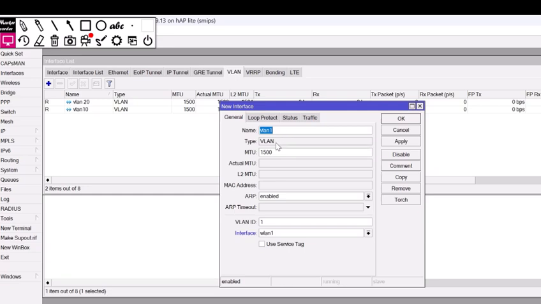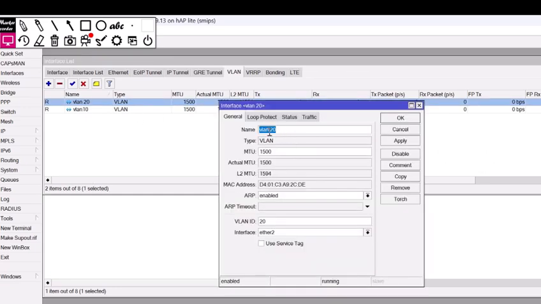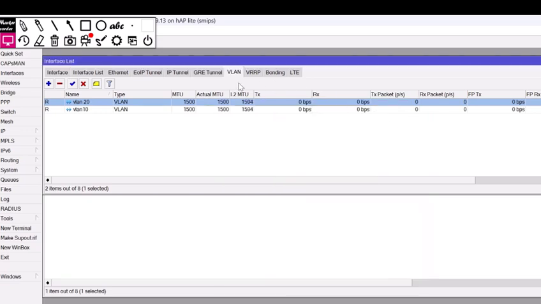And when you are done, you put your ID, like VLAN 10 and VLAN 20. You can make it like VLAN 20 and the ID is 20. After that, we go back to interface.